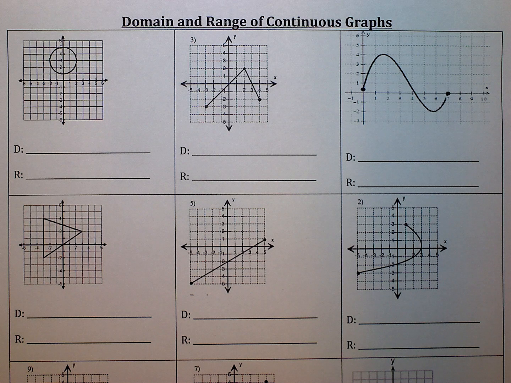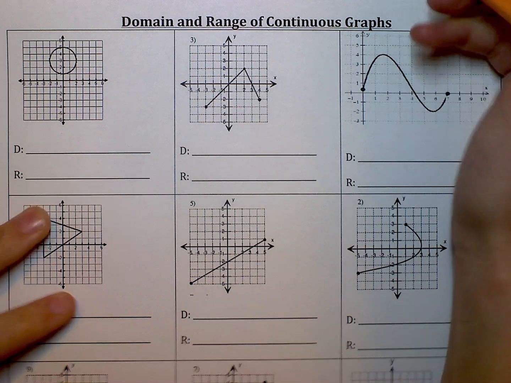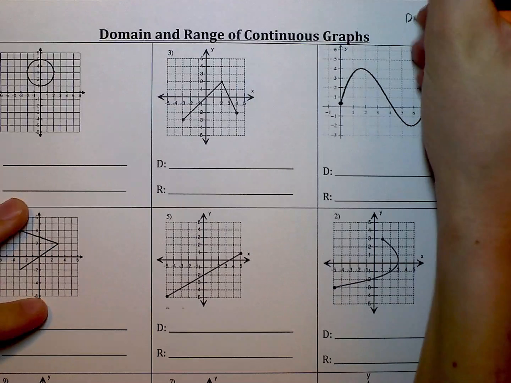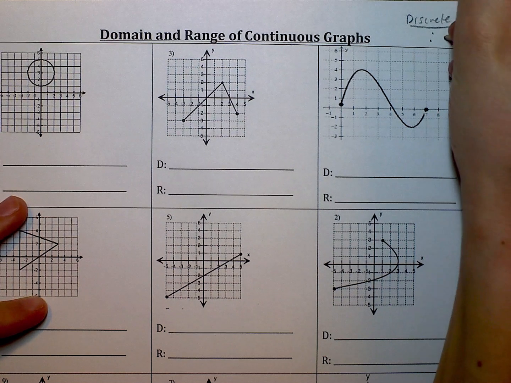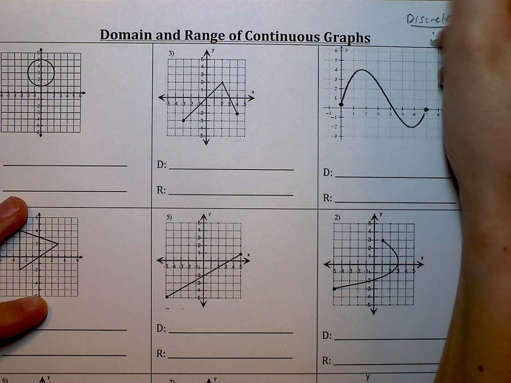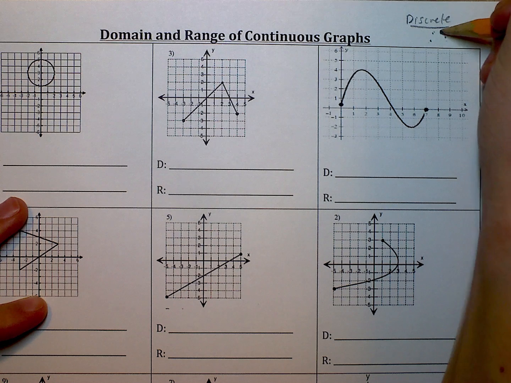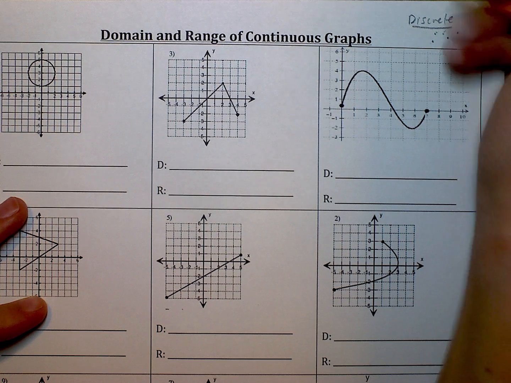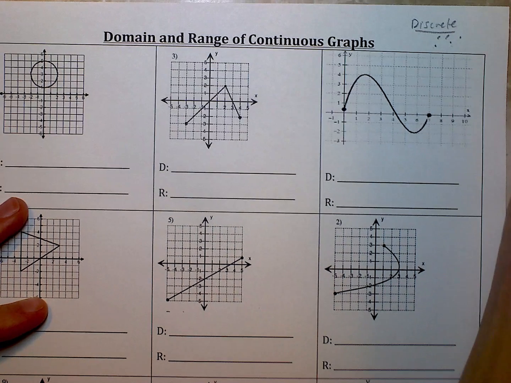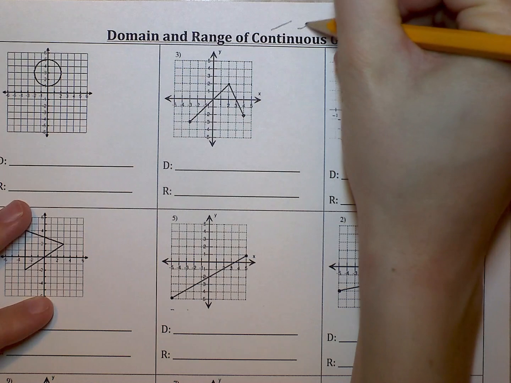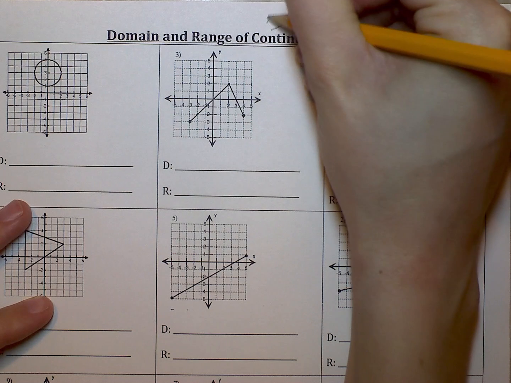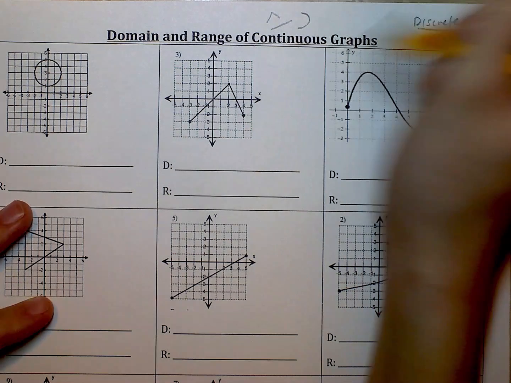We've been talking about domain and range on graphs, but we've been talking about them on what's called discrete graphs. So that word is this, discrete. And discrete graphs are points, and we've been saying, well, the x value here is this, and the x value here is this, and the y value here is this, and so on, right? That's a discrete graph, where there's just points. Continuous graphs are lines. Sometimes they're curved lines, sometimes they're up and down, whatever it is, but continuous graphs